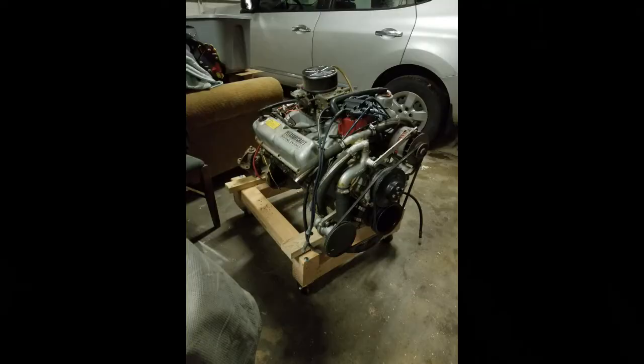We got that out. I did actually build the frame to mimic my stringers, so the eventual distance of the stringers in the boat I matched on the little dolly that I built there. So it got out, it's sitting there in the garage, and we'll go back and I'll do a full video just on my engine analysis and looking into it. And some of that was